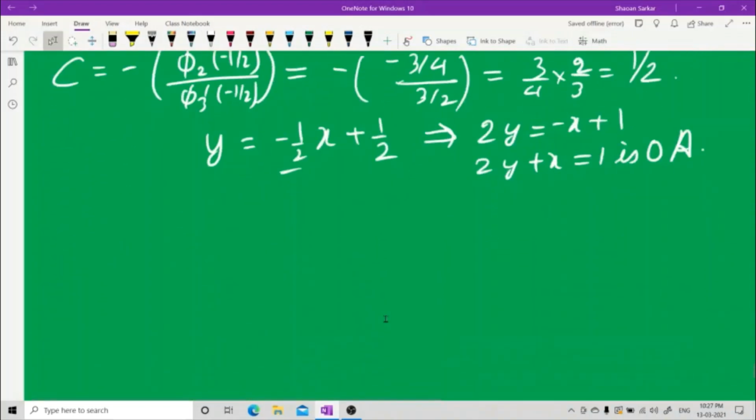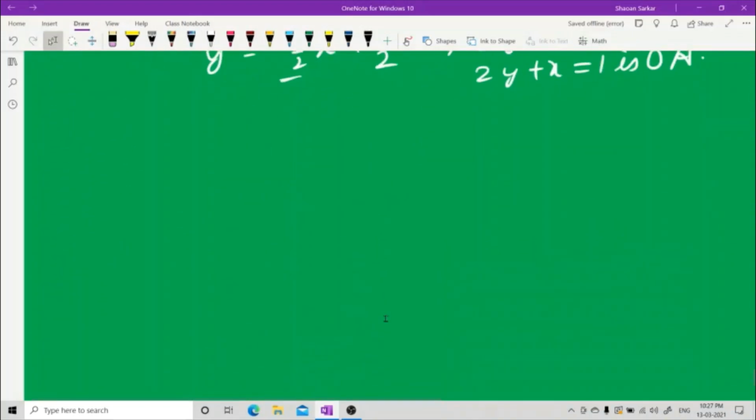Now let us do another question like this. At least you will have an idea about how to deal with this type of question properly. Now let us do one more question. Find, now listen to the question very well. Find all. I am not asking about oblique. I am asking about rectangular, horizontal, vertical, all asymptotes.